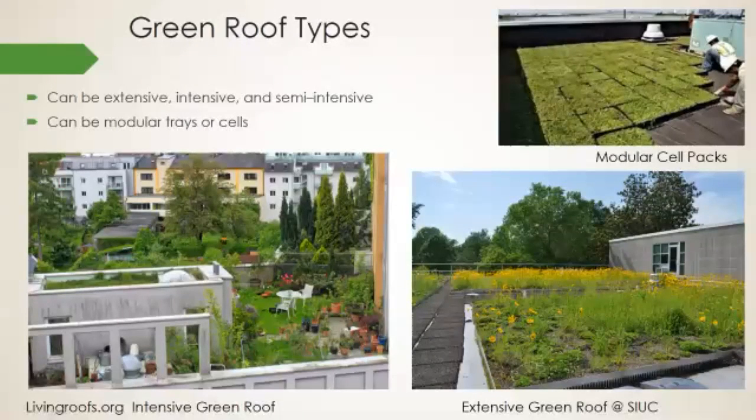And let's talk a bit more about the different types or categories of green roof systems that are out there. And again, extensive, intensive, and semi-intensive are what are going to be kind of the range for the more built and permanent kind of green roofs. So here we can see the extensive green roof. It's about 3 to 5 inches at its deepest point. So it just kind of ranges here, but 5 inches would be the maximum depth of the medium there. And that's at Southern Illinois University.